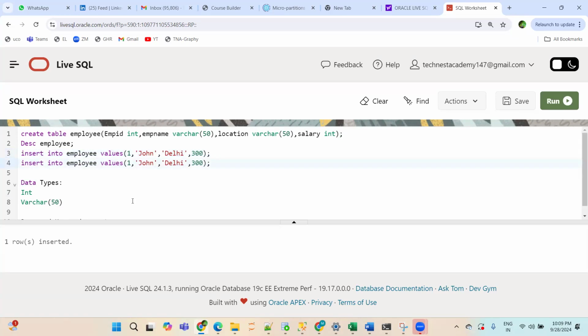Now, let me insert one more record. Suppose I want to insert for Tom. Tom was from Mumbai, I think, I've written. Salary as 400. Now see what I will do. I will remove the inverted quotes here. Intentionally, I'm removing the inverted quotes from Mumbai. Now, let me execute it.